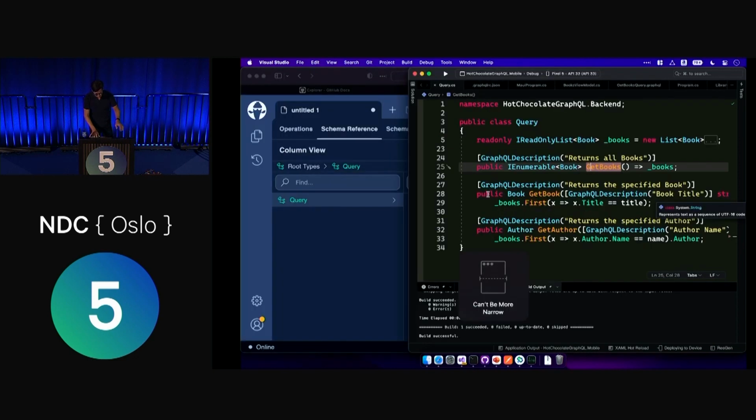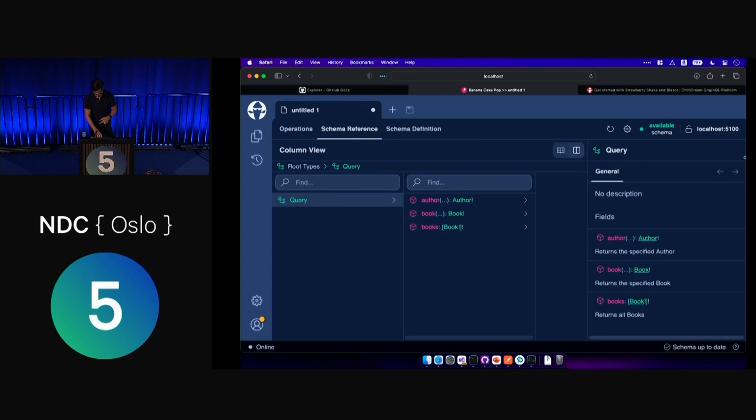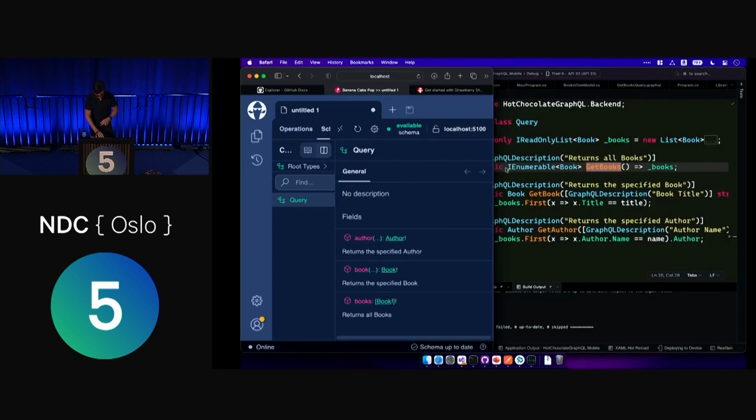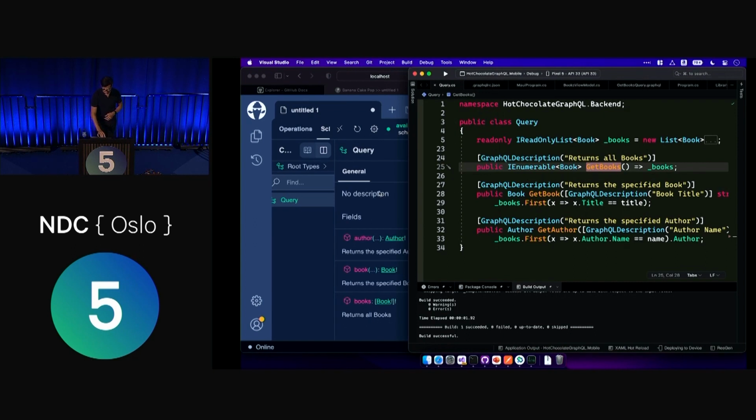I promise. All I did was write this code, and then HotChocolate automatically inferred it for us. And they do some fancy things too. Like you can see, I named